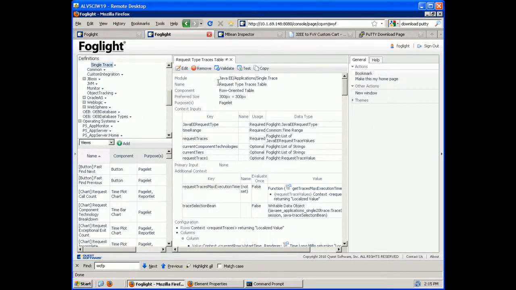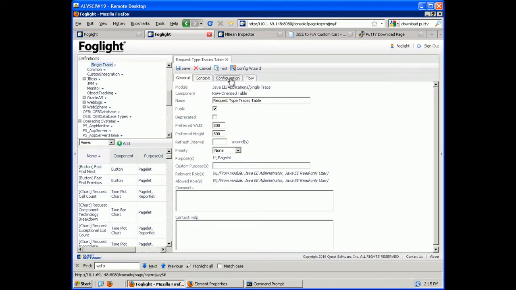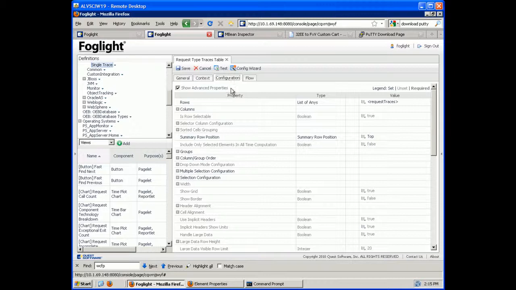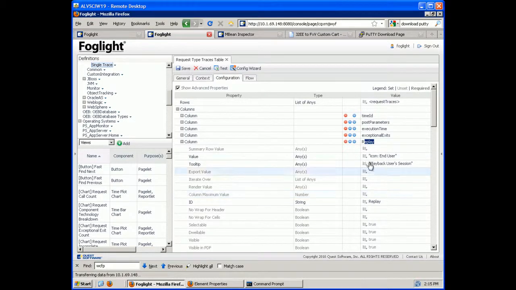Now what I did on this table is I edited it, and I went to my configuration and added another column. I went here under columns, and besides the columns that it already has, I added another column called replay, and I moved that replay column up. Now when it asks you in replay for a value, what I did is I set that value to our icon. Remember I showed you the icon in the custom directory? So if I went to value and edit,